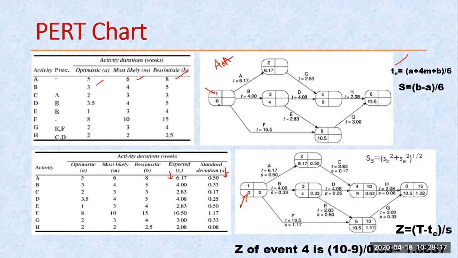Initially we assume this is 0. 0 plus 6 gives 6, 1, 7. That remains the same. We are copying directly 0 plus 4, 0 plus 10. But in this case, there is a chance that there are two values, and I have to write the highest value. So if I add this 4 plus 2, that becomes 6.83, and here 10.5. Which one is the highest? This 10.5. So write this value. Clear? So this way you can write.